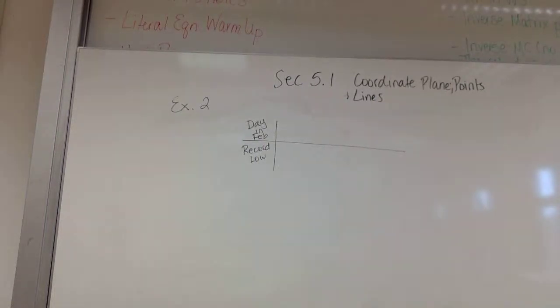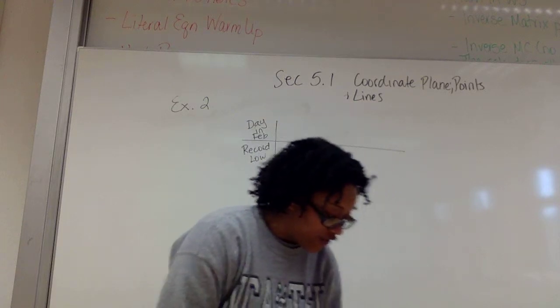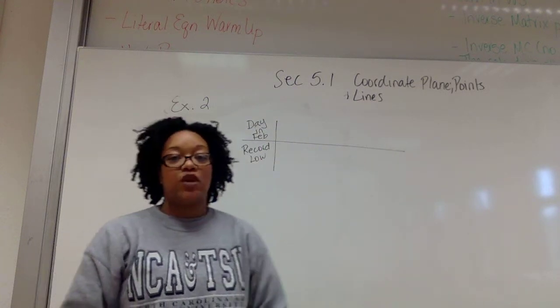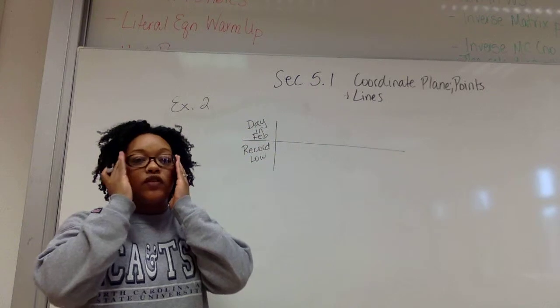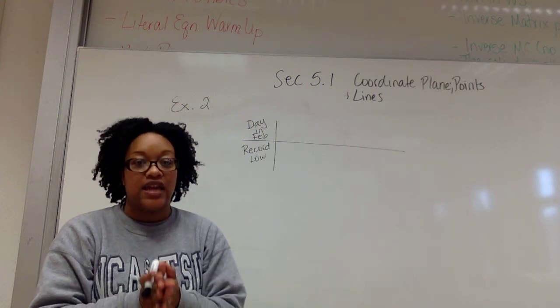Okay, so let's look at example number 2. We've got it on the table, and there's a question there. It says, how will you know if a table represents a function? Well, first of all, you got to remember back in chapter 1, we talked about identifying a function looking at